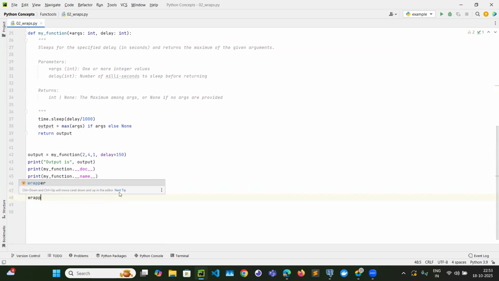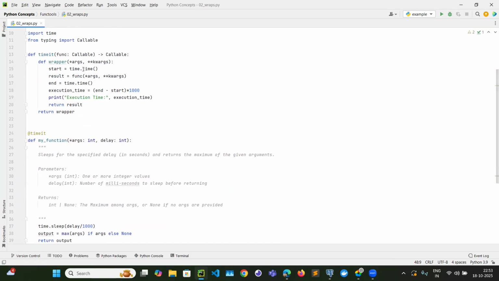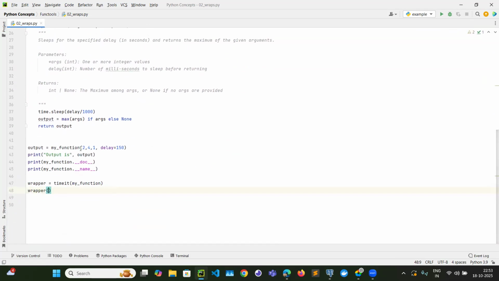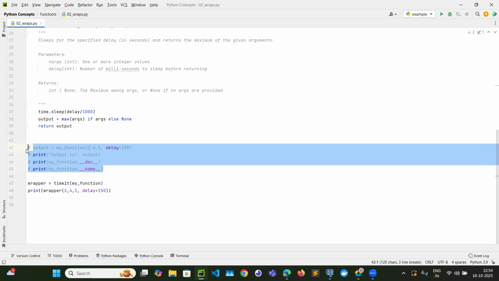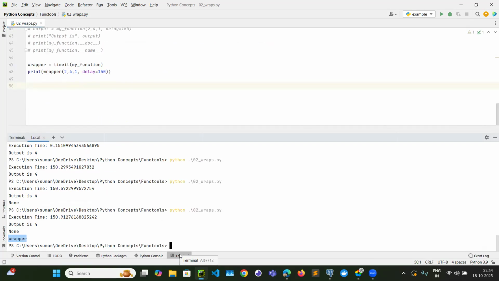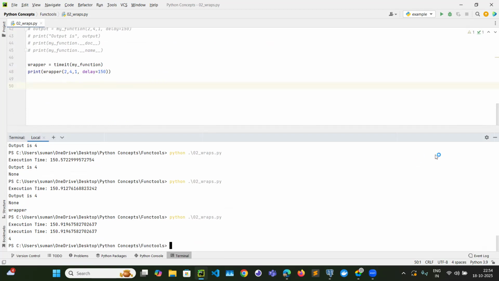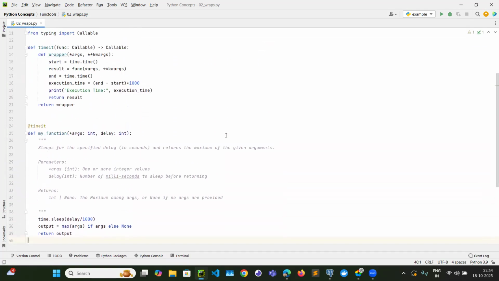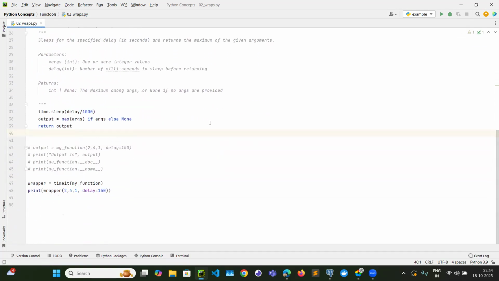And that wrapper function should take args and keyword arguments, which is basically the same arguments, right? And let me print that. It's the same way, but a different approach to execute that. Okay, so now